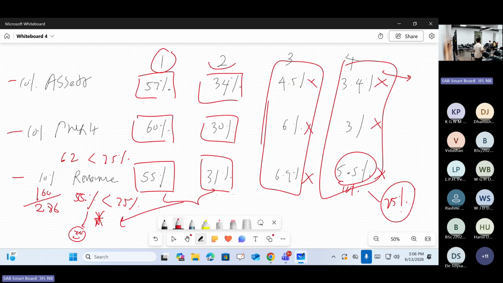However, both 1 and 2 segments represent less than 75% external revenue. How much? It's about 55%. Within that 55%, less than 75%. Right? Because of that,